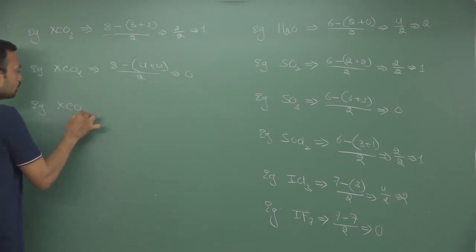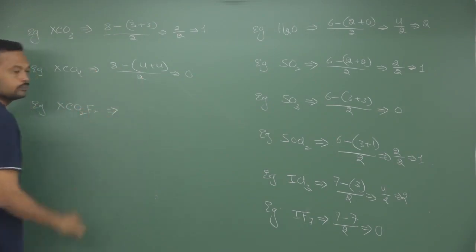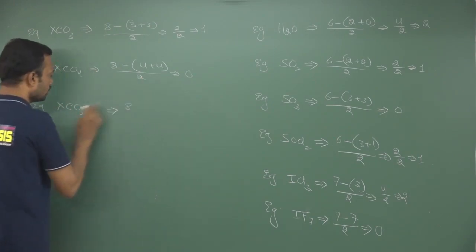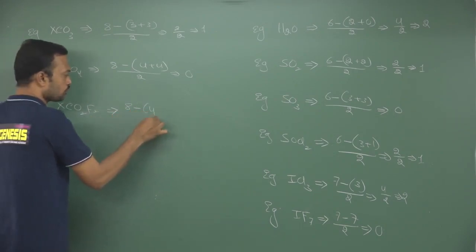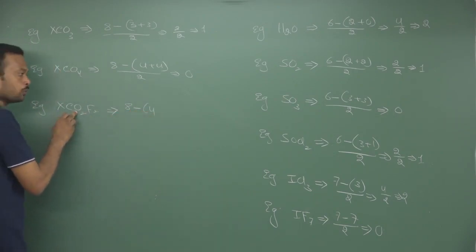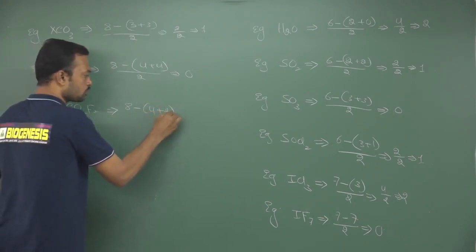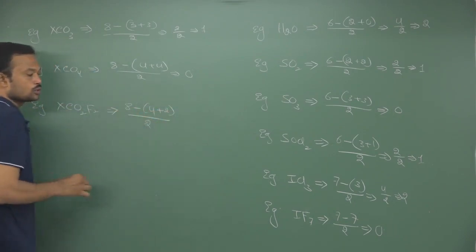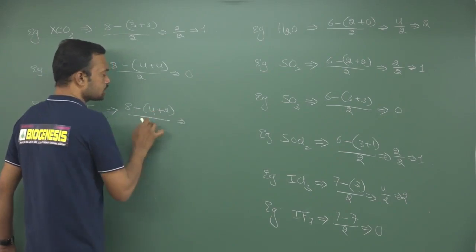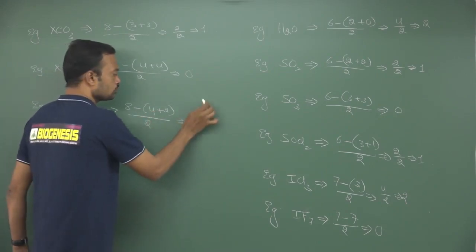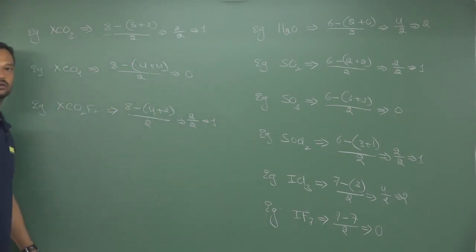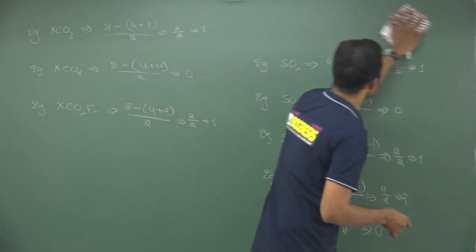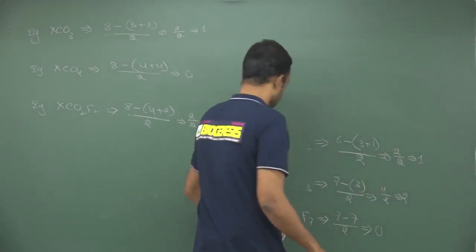See, xenon dioxydifluoride. Xenon is an 8th group element. Here 2 sigma bonds and here 2 sigma bonds are present, total 4. And oxygen carries 2 pi bonds. See, here 2 pi bonds are also available. So finally 8 minus 6 by 2. Okay, so here you may expect 2 by 2, finally that is 1. So like that we can calculate the number of lone pairs of electrons for all kinds of neutral molecules.